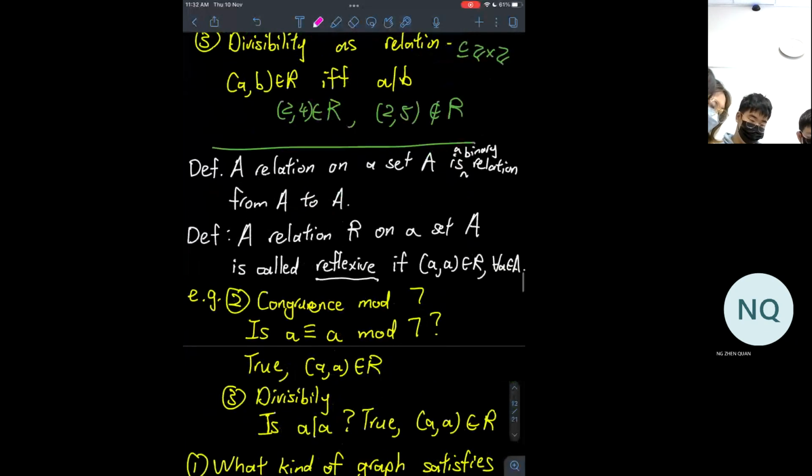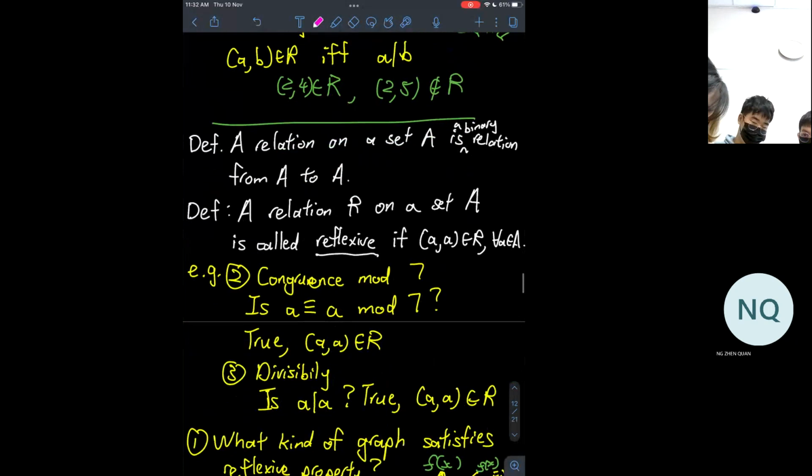就是自己和自己，0就等于0，所以刚好就有关系。那你要 show for 所有 a，a 减 a 是可以被整除的。